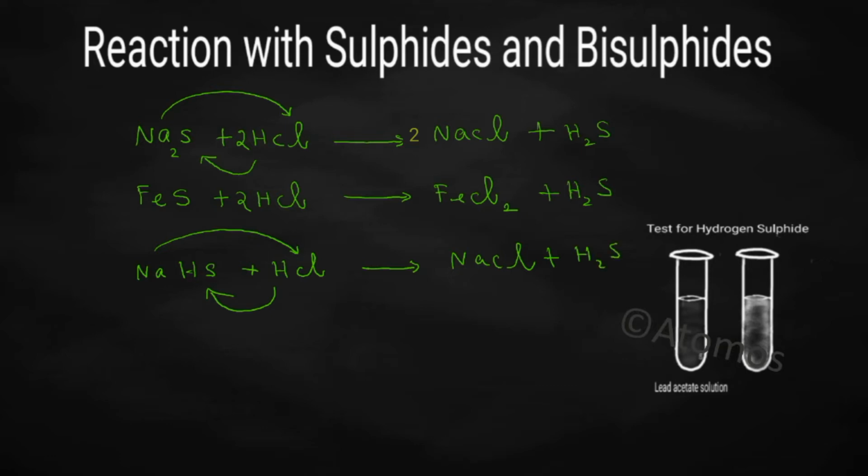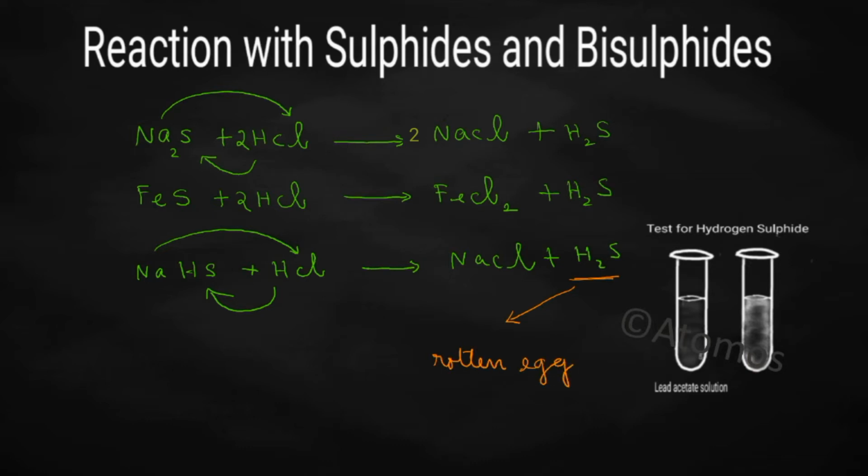So how to memorize? Whenever we are adding dilute acid to sulfide or bisulfide, definitely one product obtained will be hydrogen sulfide gas. Remember, related to this concept, you will be getting questions like what will be the observation of the reaction. In order to confirm the gas evolved as hydrogen sulfide, you will have to write some test also. Do you remember what will be the smell of hydrogen sulfide gas? It has got a rotten egg smell. Correct? An unpleasant smell.